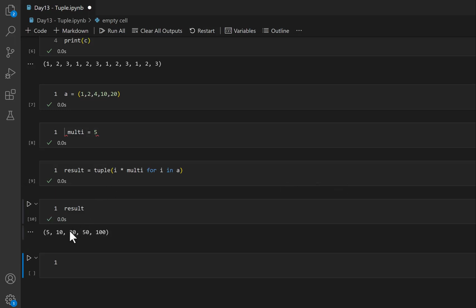Now you can see the output over here: 5, 10, 20, 50, and 100, right? So basically 5 has been multiplied with 1, 2, 4, 10, and 20. So basically multiplication is possible inside the tuple, but what we're gonna do is use a